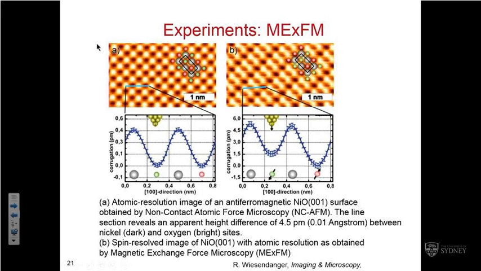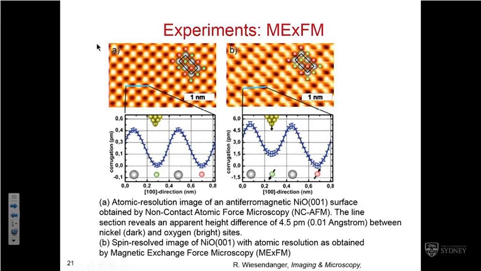But when you do this experiment and you plot here the corrugation of where the atoms are, you can see that the peaks correspond to the nickel, dips correspond to the position of the oxygens. You cannot distinguish the spin of these oxygen atoms, okay, because they look just the same height. So you can't get any magnetic information. But